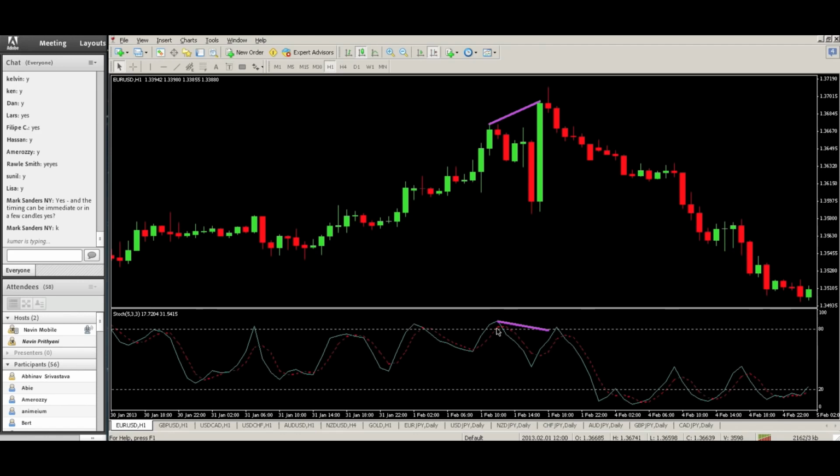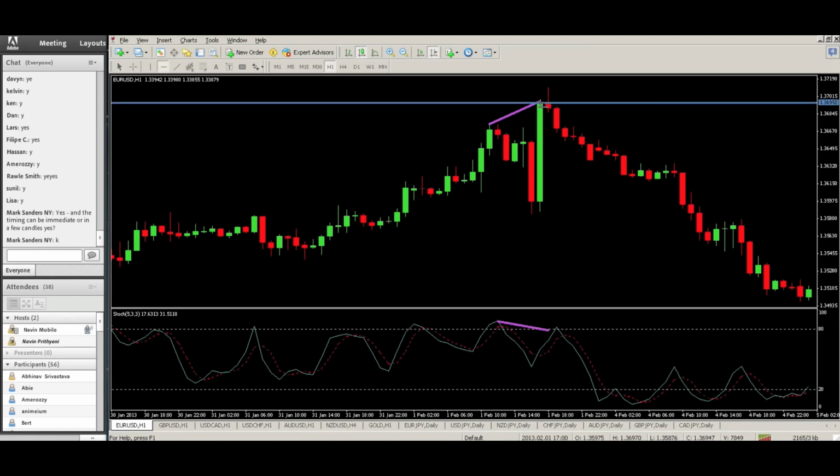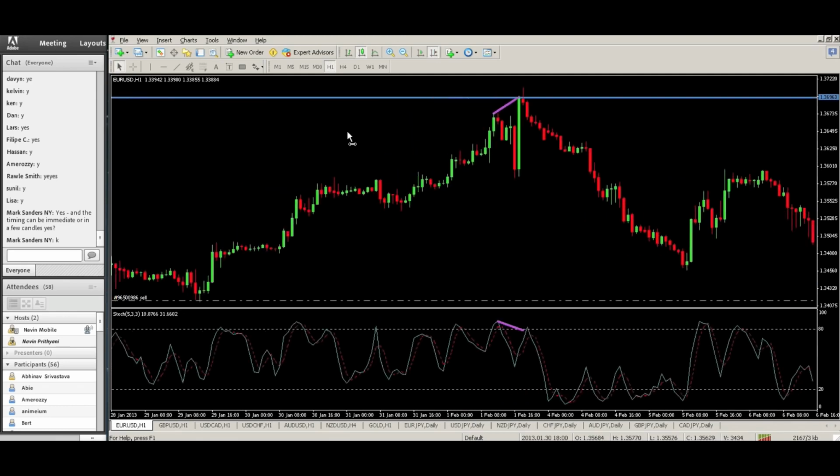Now, in this particular case, at this particular moment, when this candle actually went up, the chances are the indicator didn't cross. We don't know if the indicator is going to go down. What if the market actually continues going higher and the indicator continues going higher too? You would never know that this is a divergence then. What you do is, at this moment when this happened and you think there is a possible divergence, start drawing. Mark this area with your line and check. Is this an area of support and resistance? Let's check it out. Let's go into the past and see.